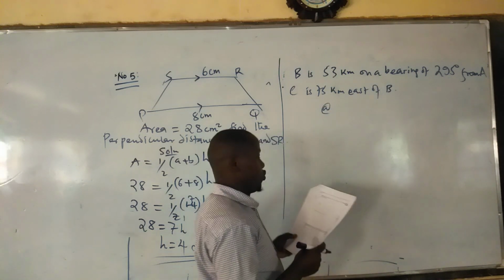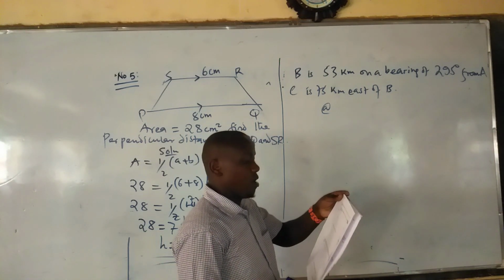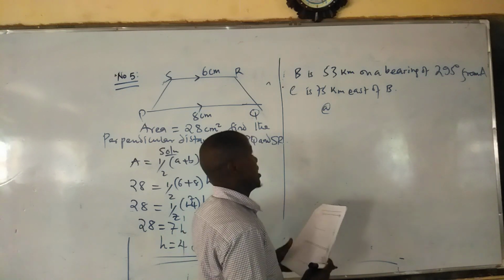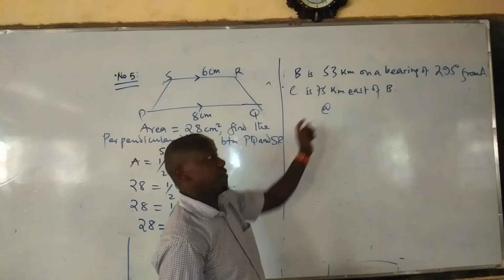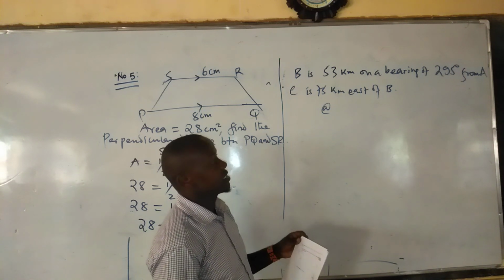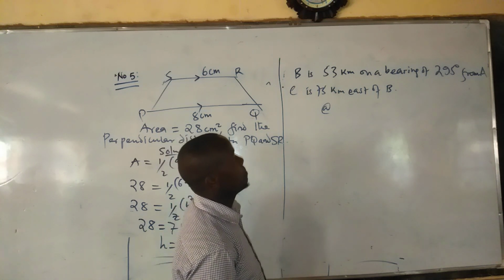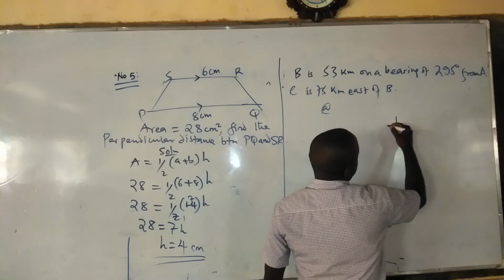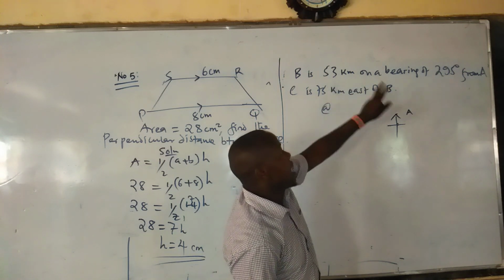Part A, using a scale of 1 centimeter to represent 10 kilometers, draw a diagram to show the relative positions of villages A, B, and C. Therefore, I'll come up with a sketch for this information, then later on you will draw the scale diagram using a ruler, pair of compasses, and a good pencil. Therefore, we can have our A here, if this is town A, and we are told B is 53 kilometers on a bearing of